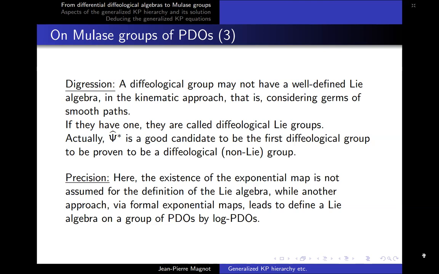We know that it may not happen, but it is so difficult to prove that it does not happen in an example that actually we do not have any proven example of a diffeological group which is not a diffeological Lie group. I think that psi hat star is a good candidate because, let me go back,